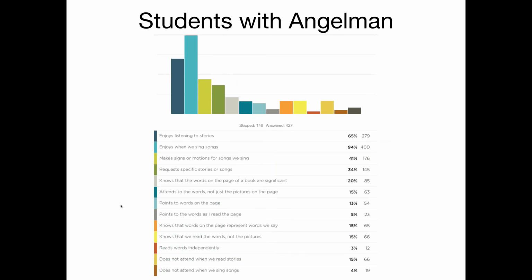When we asked our Angelman community what it is our students do with print, you'll notice that 94% of our students enjoy when we sing songs. So that's one of the ways that they are showing a preference or making a choice around songs. 41% are making signs or motions for songs we sing, and about 1/3 are requesting specific stories or songs. 2/3 of our students enjoy listening to songs,